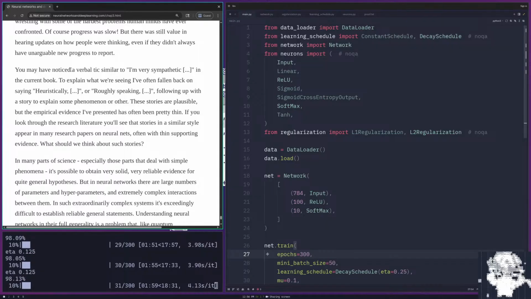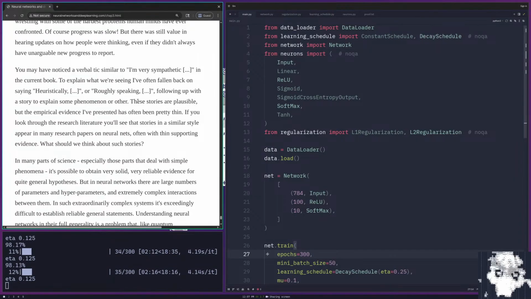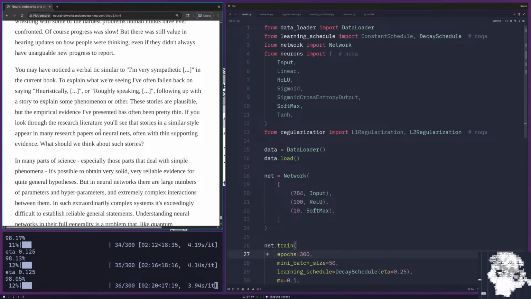You may have noticed a verbal tic similar to "I'm very sympathetic" in the current book. To explain what we're seeing, I've often fallen back on saying "heuristically" or "roughly speaking," following up with a story to explain some phenomenon or other. These stories are plausible, but the empirical evidence I've presented has often been pretty thin. If you look through the research literature, you'll see that similar styles appear in many